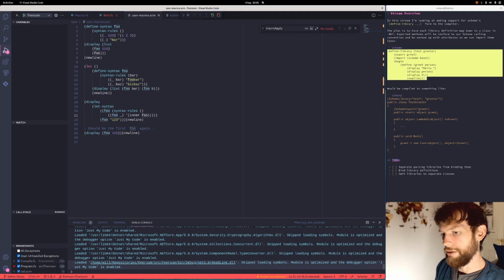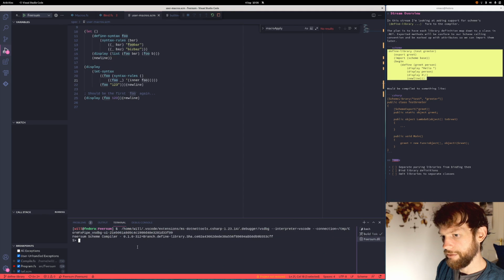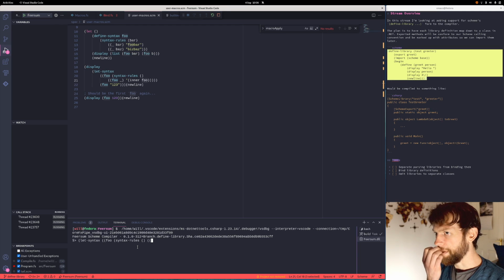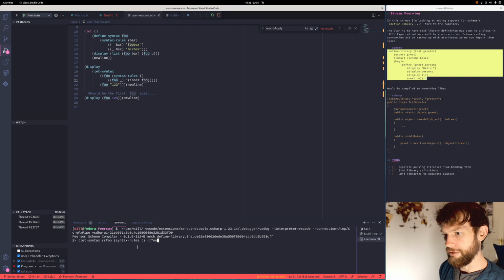You could do something like let syntax foo, which is our macro name, syntax rules with no special identifiers. If you say foo and then a, then we turn that into